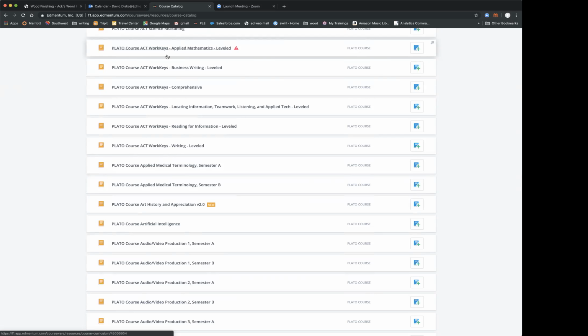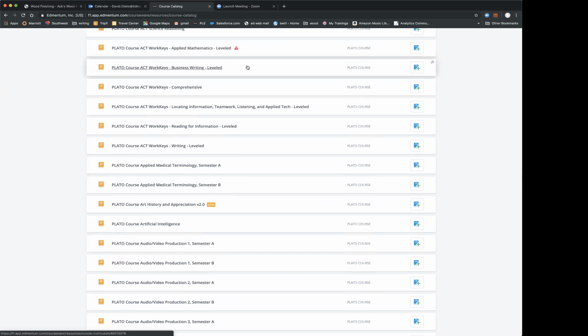So think about the math that a plumber would need. They'd have to know how to divide measurements and add and subtract measurements. Some of those are fractional, some may be decimal. So there's lots of different things. There's things like flow rate. If I put this amount of drains in a house, what does the flow have to be outside the house for wastewater? They also have to be able to read charts and graphs and interpret specifications. So there is some underlying academics they need to know, and that's what we can support through ACT Work Keys.